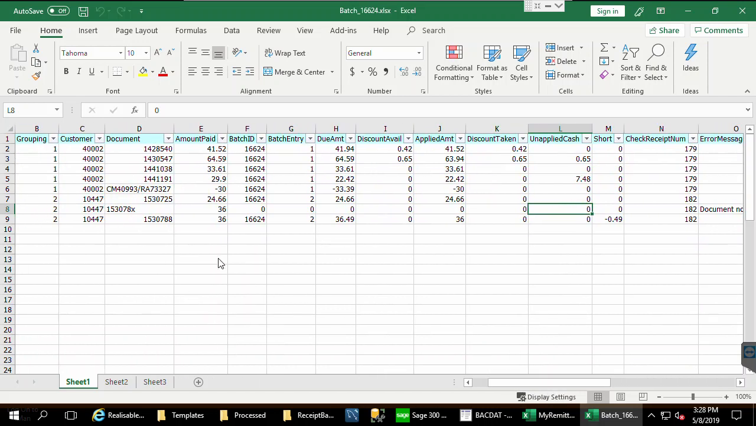And then finally, one of the other possibilities is that in this case, $36 was paid, but $36.49 was actually owed. So it is being pointed out here that there was a short payment of 49 cents on that particular record. So that's our solution for automating a remittance detail being